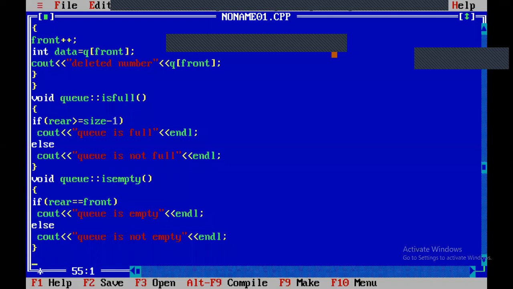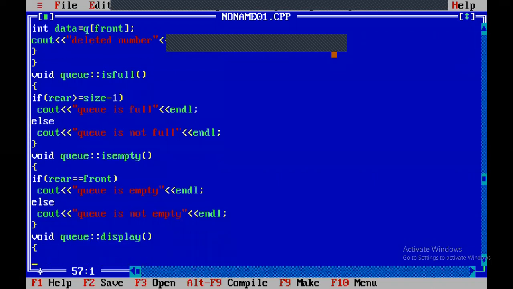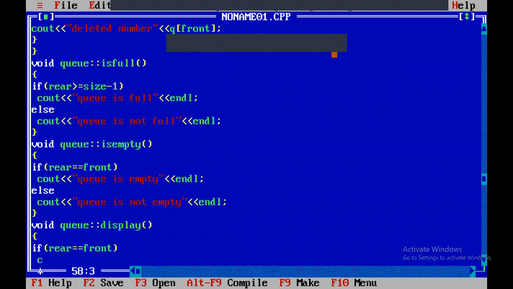The display module is used to print the values of the queue. Void Q display. If rear equals front, cout queue is empty.